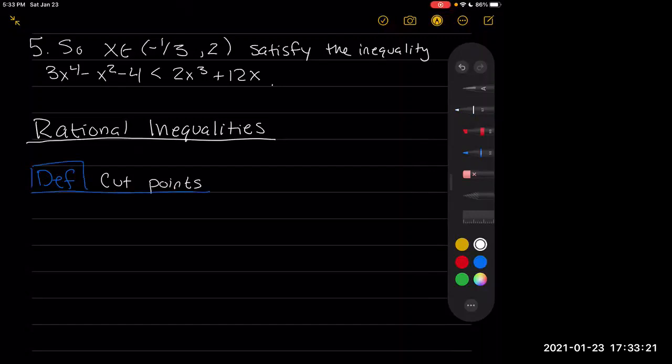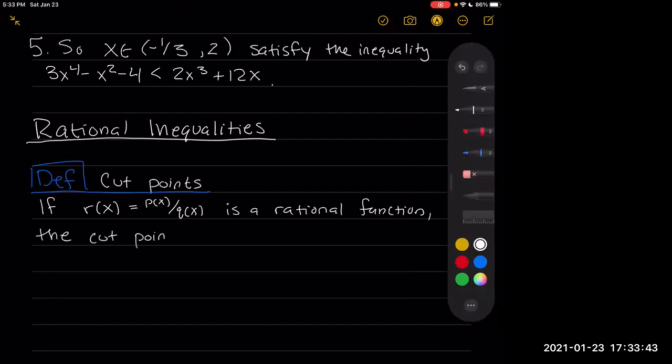So if r of x equaling p of x over q of x is a rational function, the cut points of r